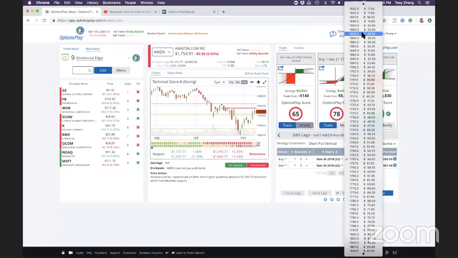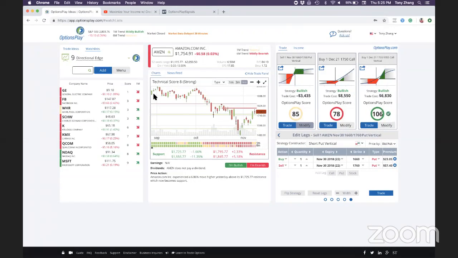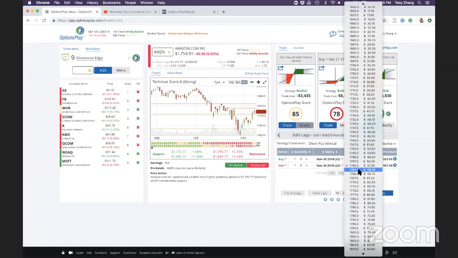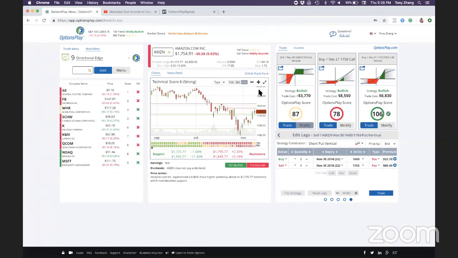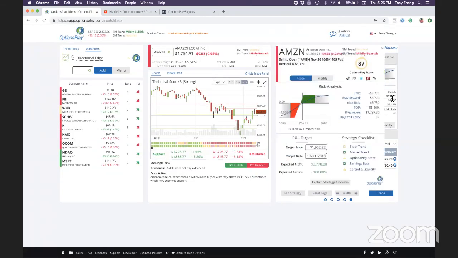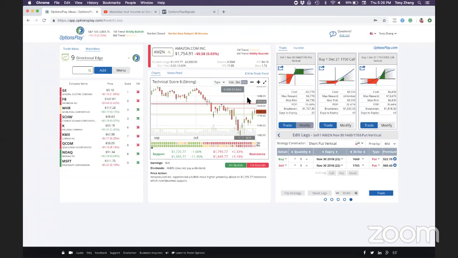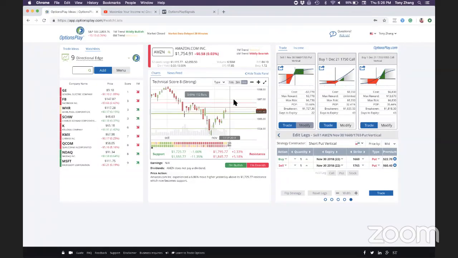1765, 1660. So this was the vertical spread that we looked at selling on Amazon. Basically, it will profit as long as Amazon stays slightly above the 1765 area, which is where we feel that Amazon is going to be in the next couple of weeks. We've already taken profit on a lot of these credit spreads, so it's been working out pretty well, but